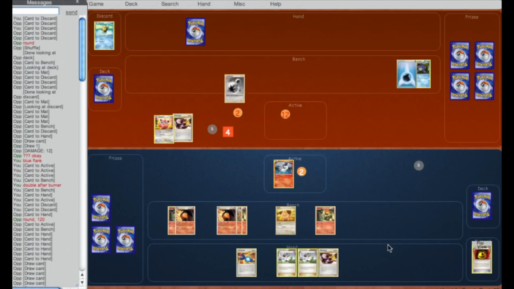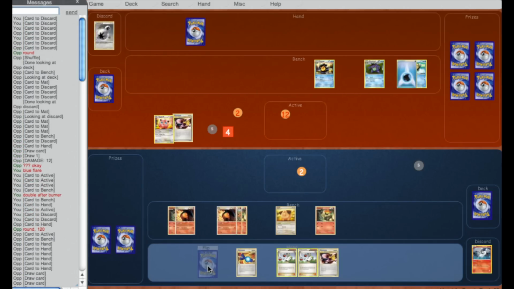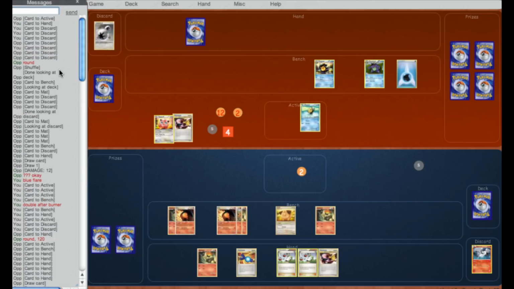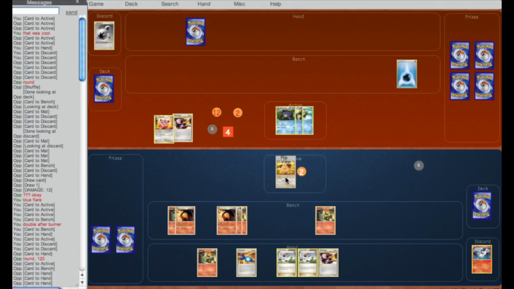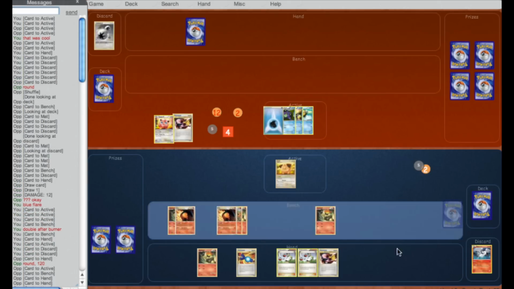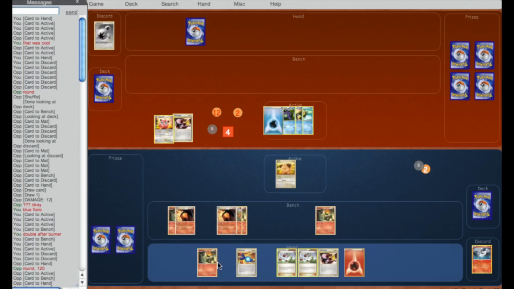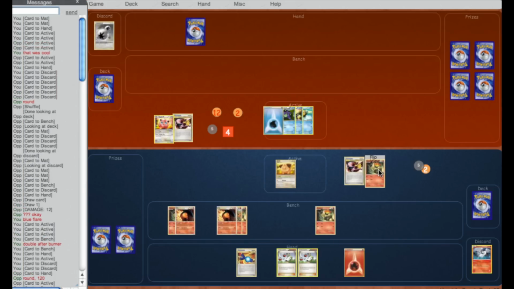I'm also threatened because a Seismitoad with 2 water and a colorless can deal a bunch of damage. It can do 70 times 2 for weakness. It can knock out basically anything in my deck. But I draw a key prize card here. It's a Cyndaquil, which is beautiful because that means that I can communicate it away and get out a 3rd